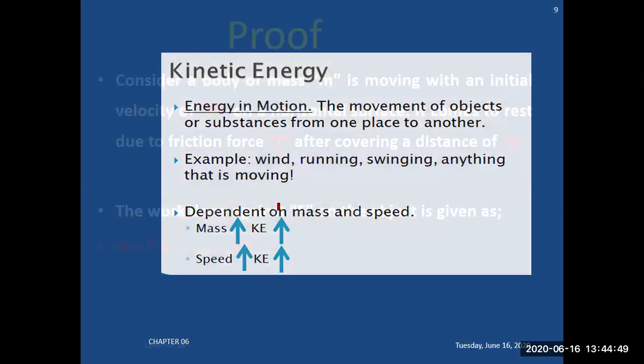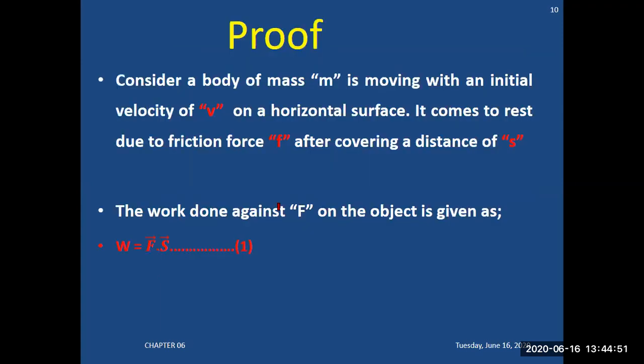So, proof. Consider a body of mass m moving with initial velocity vi on a horizontal surface. It comes to rest due to friction force F after covering a displacement distance S. The work done against force F on the object is...